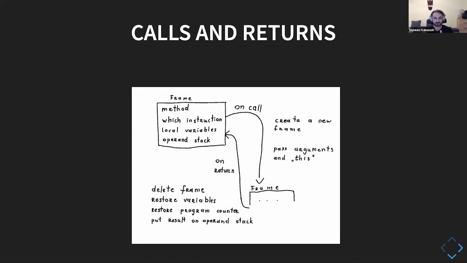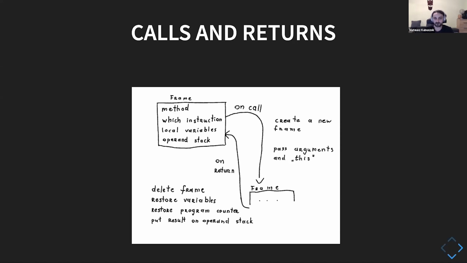And all of that is stored inside a frame, so that when we are making a call, from which we probably would return at some point, we would be able to restore the exact state we were in before, with the exception that instead of the arguments, we would have to unstack the return value.